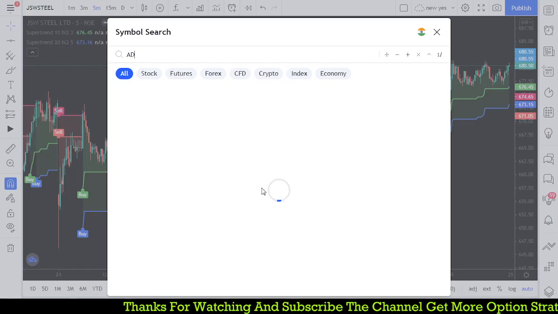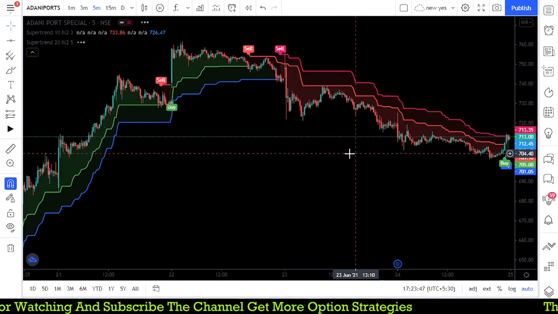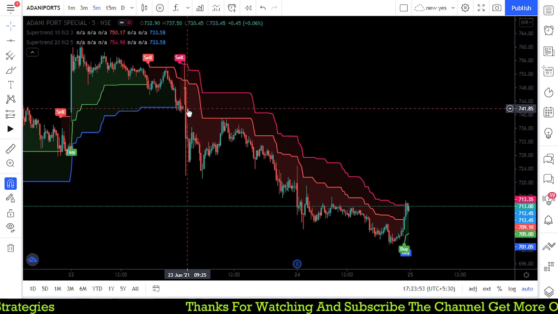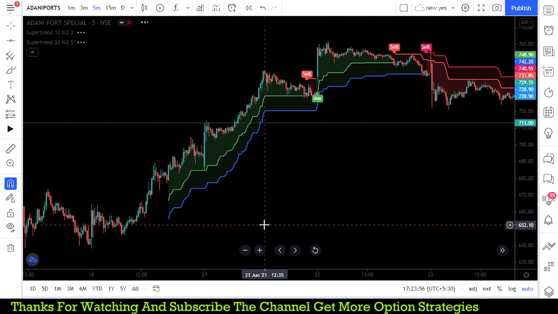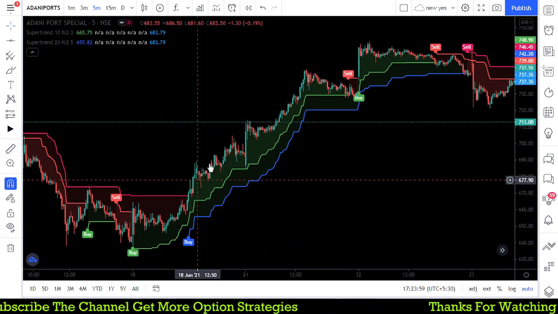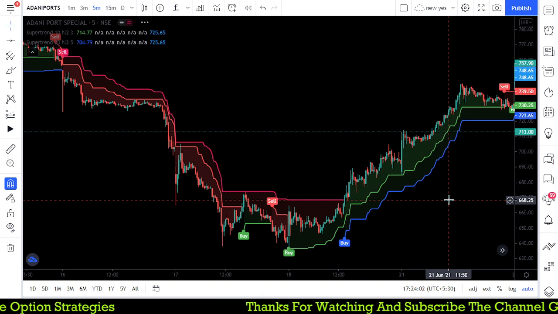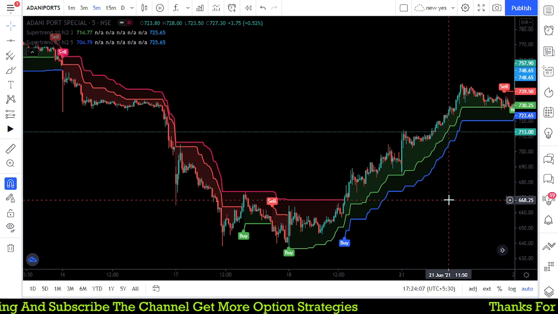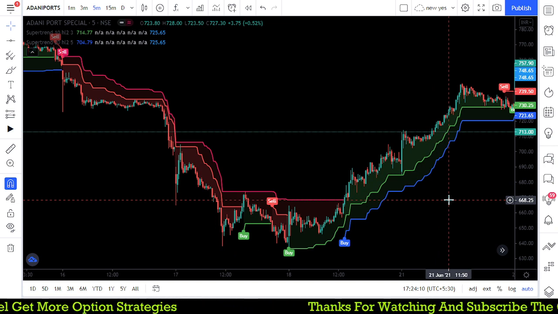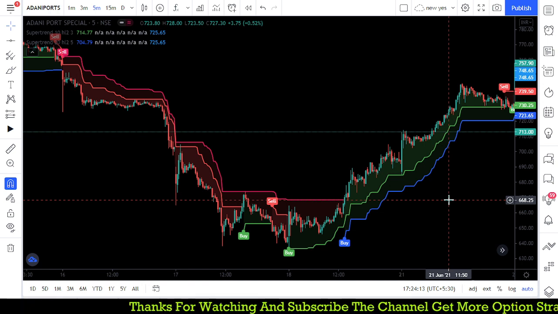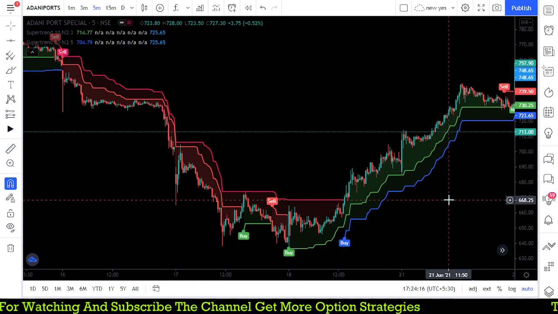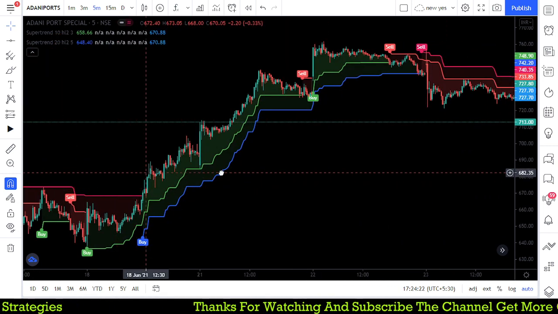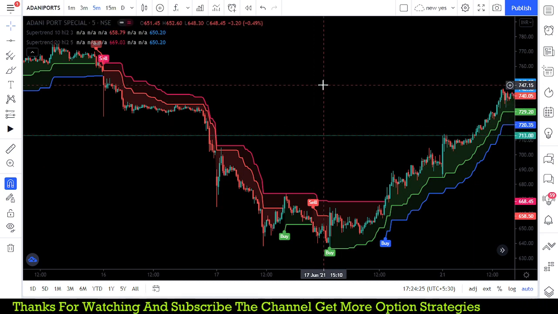We can use this method to make good consistent returns from intraday or even positional trades. There are a lot of stocks, and here is Port. You can see a clear downtrend from here, and the major trend and minor trend are both down, so it's moving down because it is highly volatile, and it will give you a better result. Here again the buy trend is rocking. What this means is that we are using two super trends, so that will give you better opportunity in a trending market. In a range bound market, most of the time we avoid the range bound signals while using the two super trends.